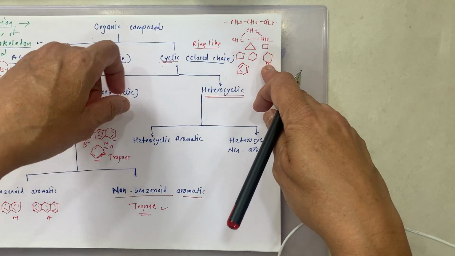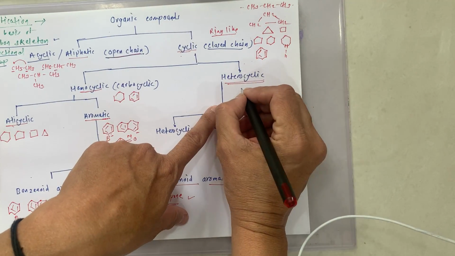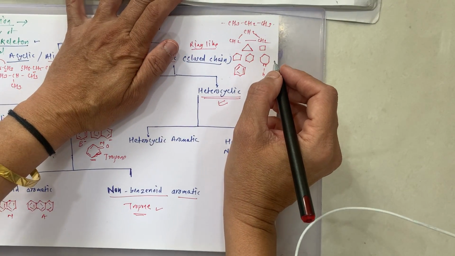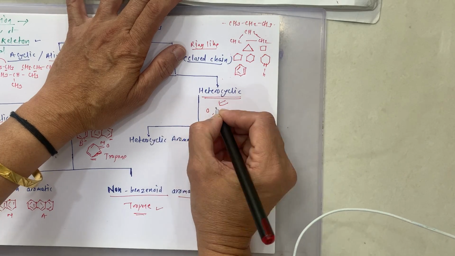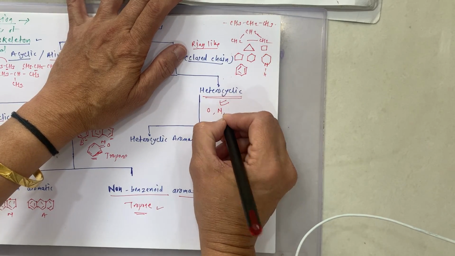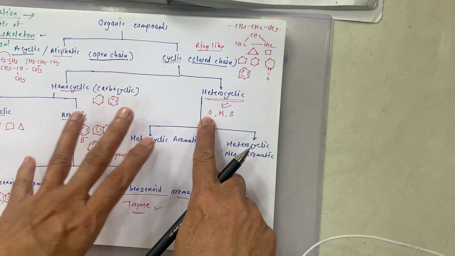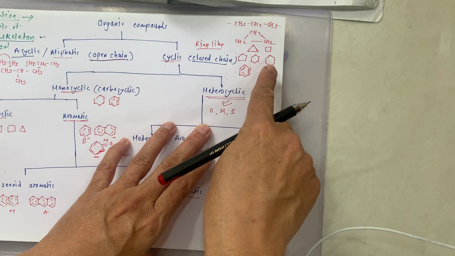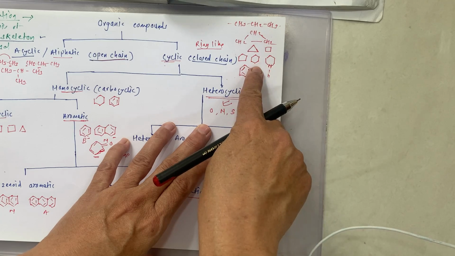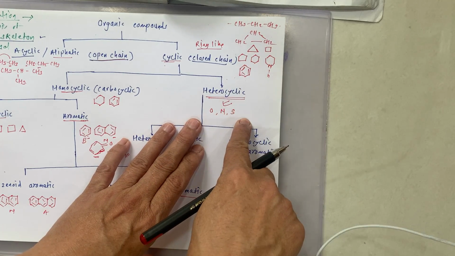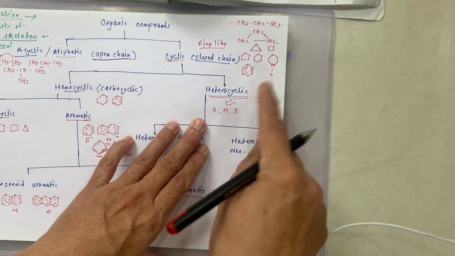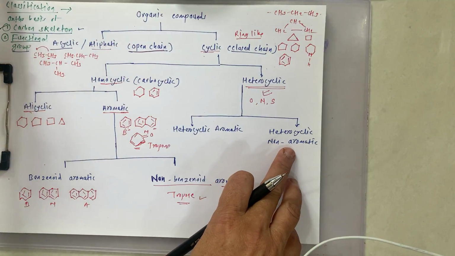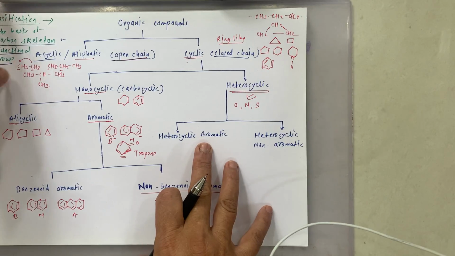Those are called heterocyclic. In this heterocyclic, these atoms may be oxygen, nitrogen or sulfur. One of the carbons of the cyclic compound is replaced by something different than carbon, that may be oxygen, nitrogen or sulfur, like this. Now heterocyclic aromatic and heterocyclic non-aromatic. This thing is based upon